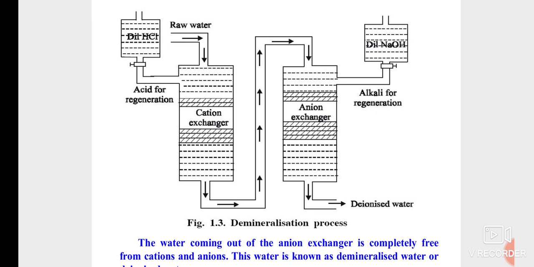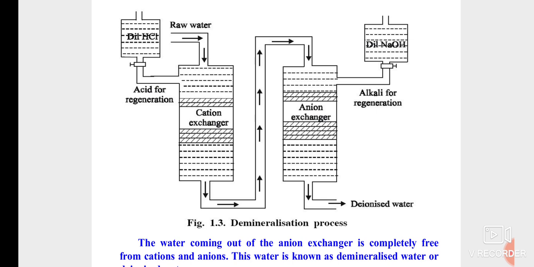The first column is called the cation exchanger, then the second column is called the anion exchanger. The cation exchanger contains the cation exchange resin, that means RH2. The anion exchanger column contains the anion exchange resin, that means R-OH twice. First we have to pass the raw water into the cation exchanger column. The side arm of the cation exchanger contains dilute HCl, which is the acid used for the regeneration process